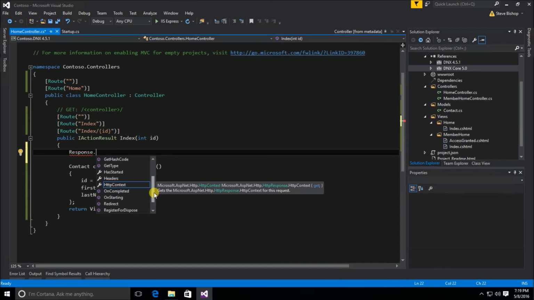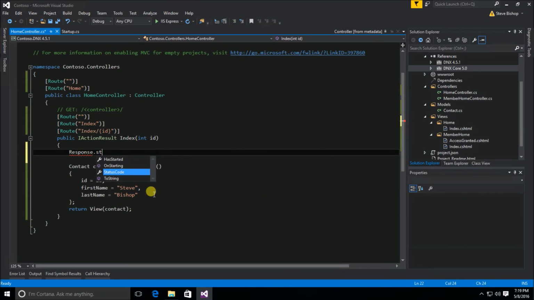We'll see there's a bunch of properties that we can manipulate here on the response, but one of them is the actual status code, and we can set this to something like a 404 error. And that's not particularly useful. I mean, obviously, if somebody lands on this index action, we probably want some sort of result to come back, not a 404 error. But you'll see that if we set this status code to 404, even if we return